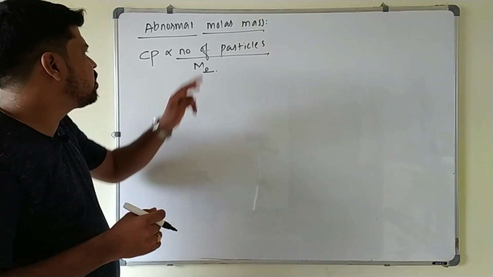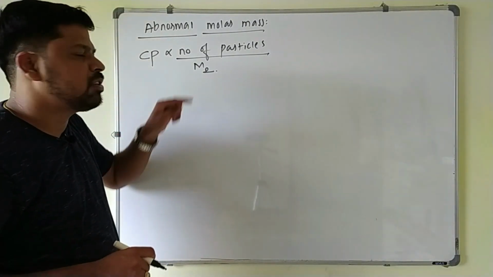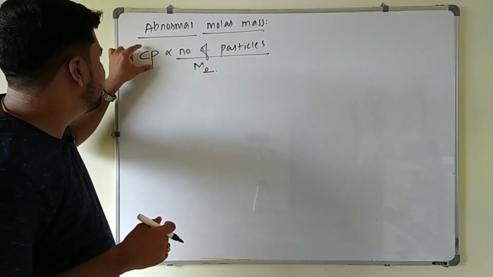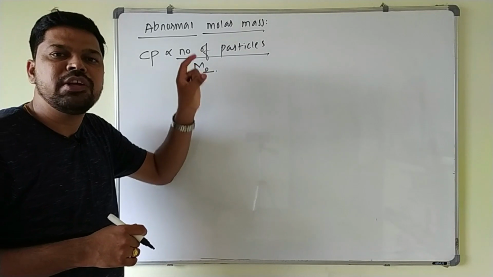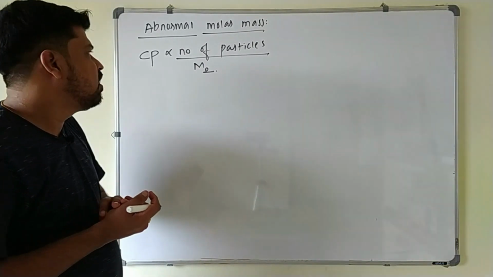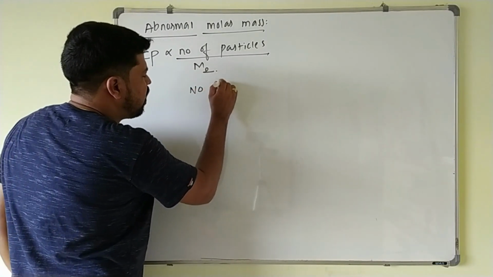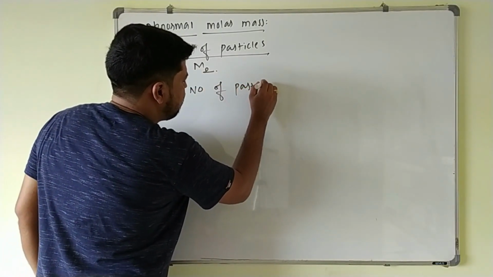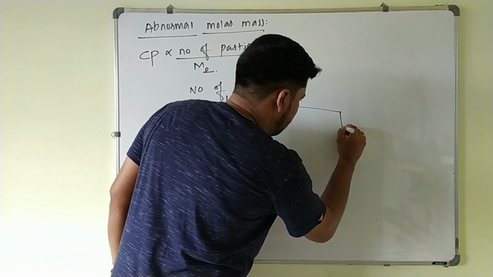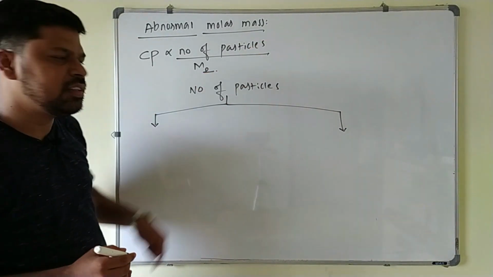If the added solute undergoes dissociation or association, the number of particles changes, the colligative property value changes, then the molar mass of the solute also changes here. So whenever the molar mass is calculated by using colligative property, the solute should not undergo dissociation or association, then only the molar mass value will be correct, whatever you are calculating here. Suppose the solute is undergoing dissociation or association, what happens here? The number of particles changes here. The number of particles depends on the dissociation or association of the solute particle.